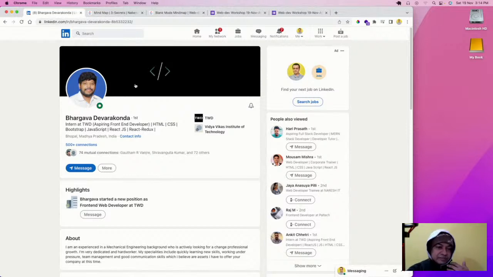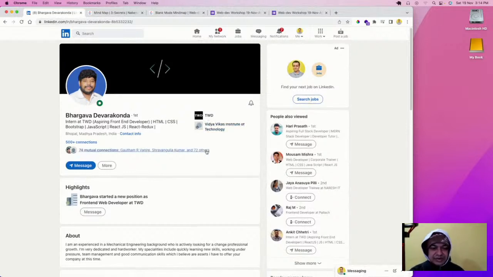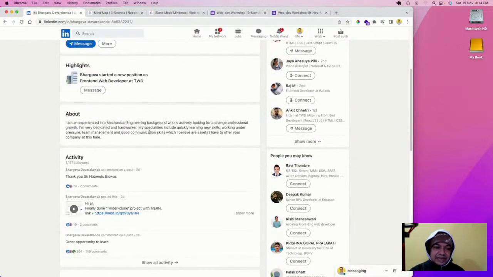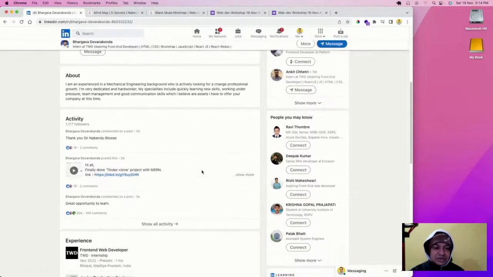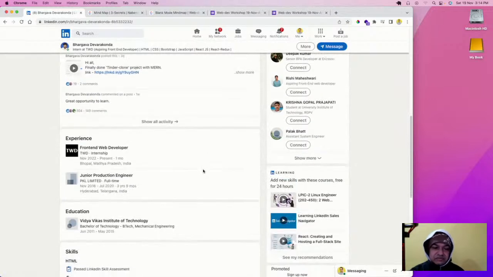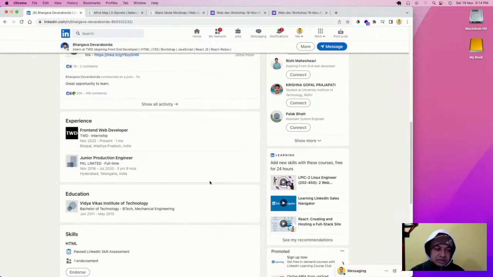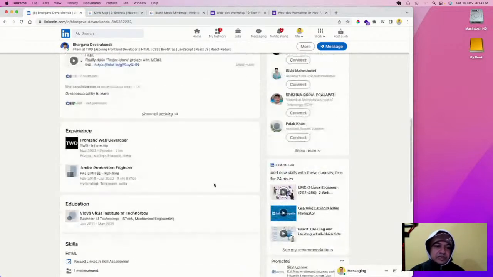LinkedIn has all the things which I have done till now. This profile he has updated is very good. He was a mechanical engineer, and he is now an intern at our place. He has a gap of more than five to six years, so he had done a lot, and he's also from our physical batch. He is now an intern at my place. He is a TWD.